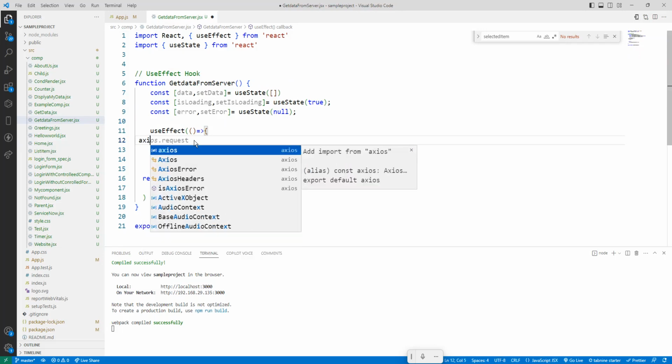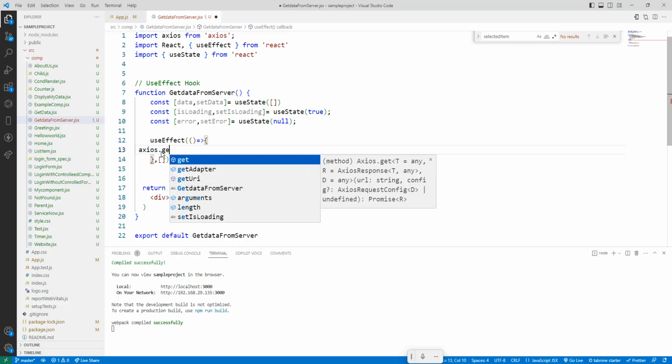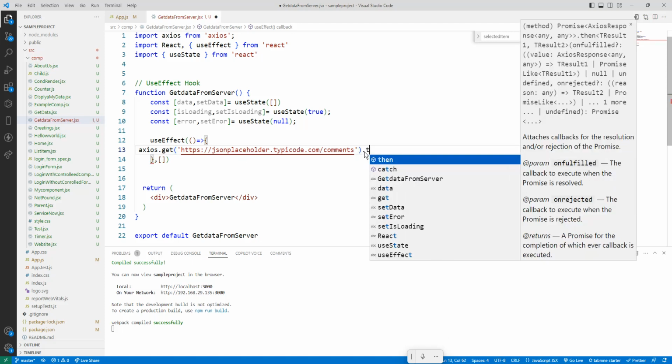See, when I click here, it is automatically imported from the package. axios.get, and what is the URL? This is the URL. Then dot then